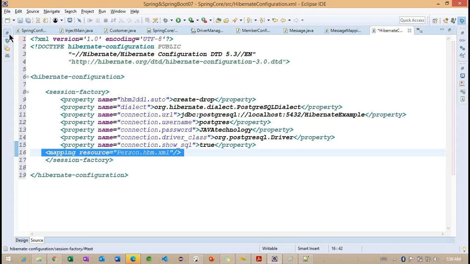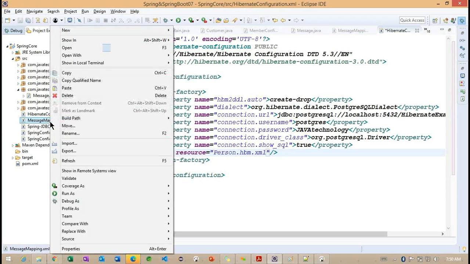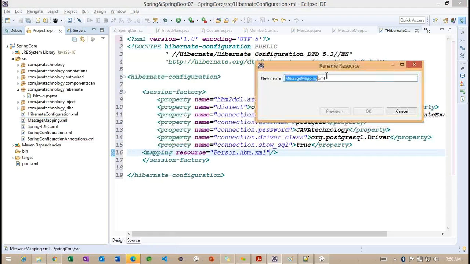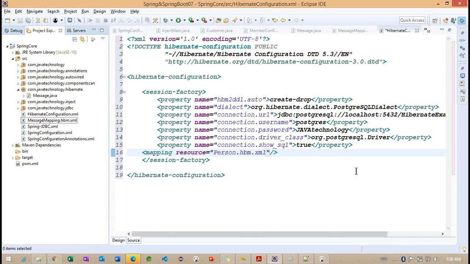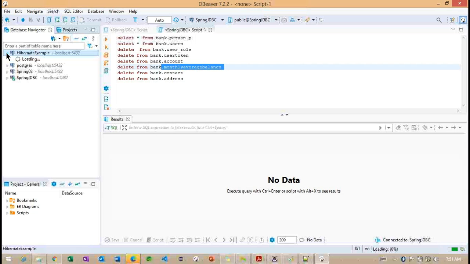So just now we created this particular mapping section called message mapping, and here we missed something. So let me rename it here: Hibernate mapping dot hbm dot xml. This is going to change in all the locations. So we are having Hibernate example here.